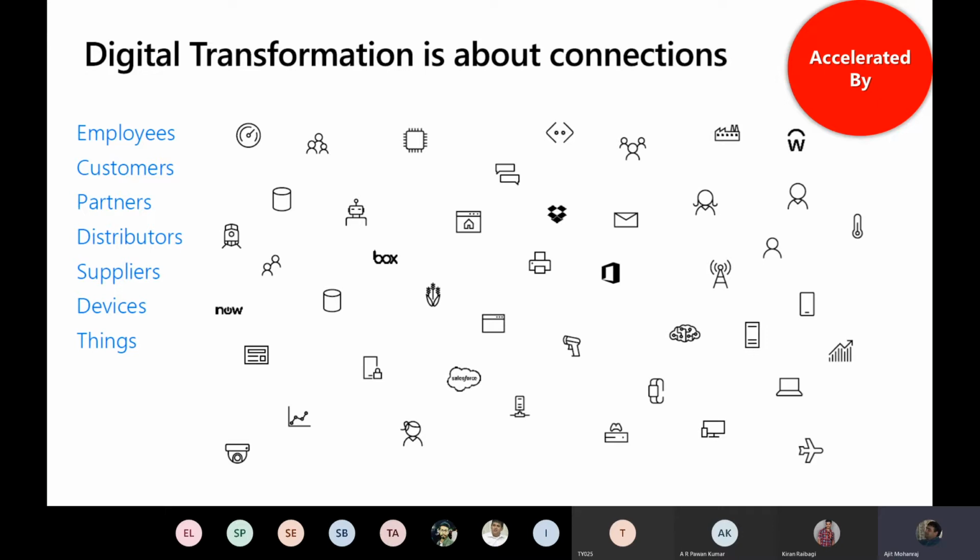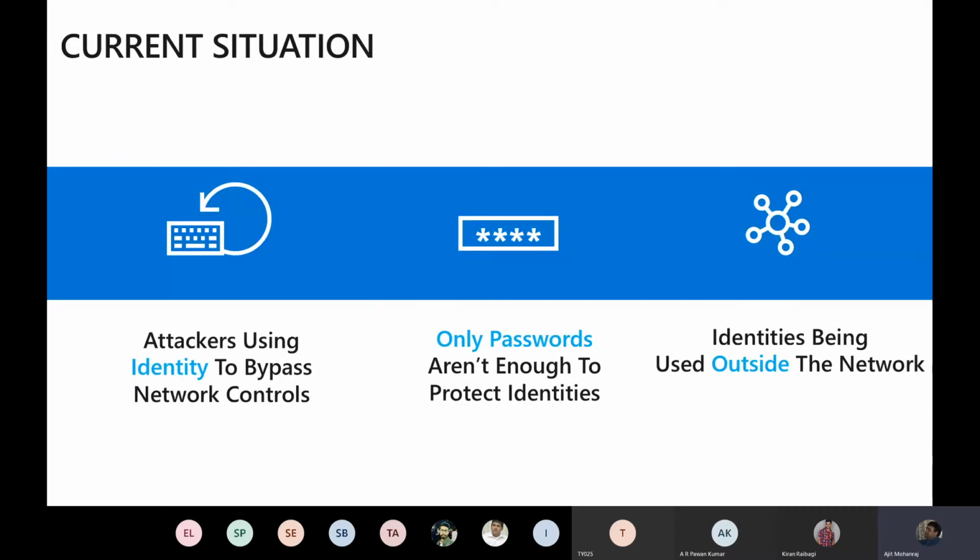So this whole story of moving away from a network-centric protection to an identity-based protection is simply because, again, I'm putting it up there, digital transformation. I think the edge that business wants is to be able to collaborate without boundaries. Let me put it that way. Employees, customers, partners, industries, they all want to do that.